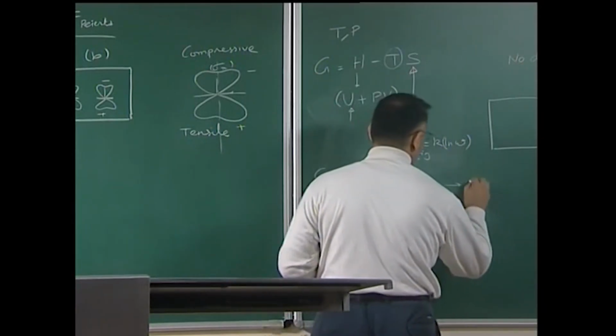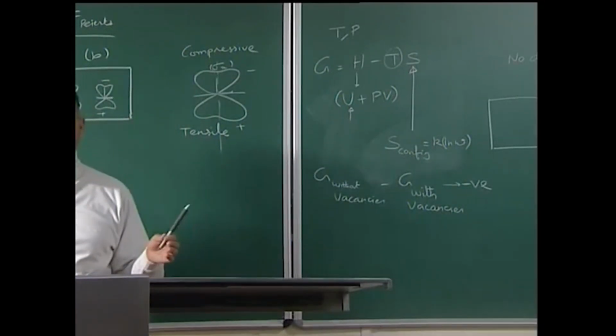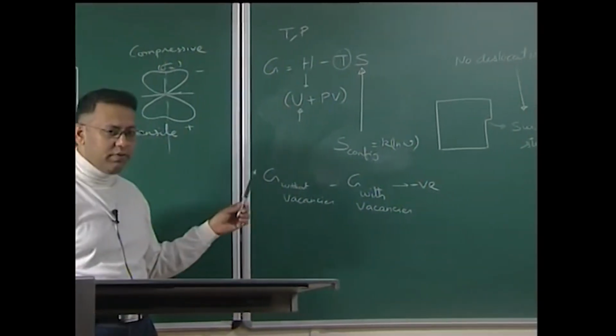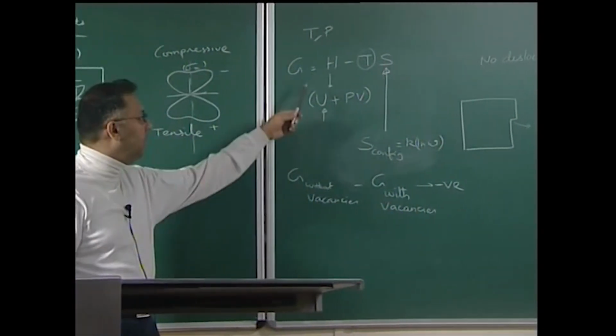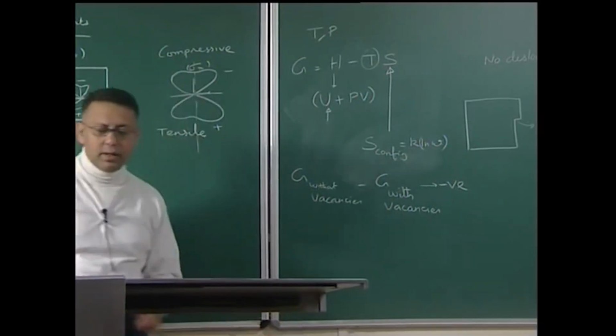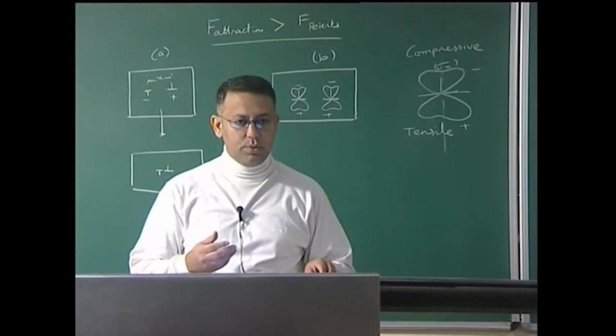happens to be negative, that implies that vacancies are going to be stable. Of course, we are not talking about any number of vacancies, we are talking about a certain fixed number of vacancies which will lead to a minimum in the Gibbs free energy function. Hence, in the presence of vacancy the Gibbs free energy can actually be reduced compared